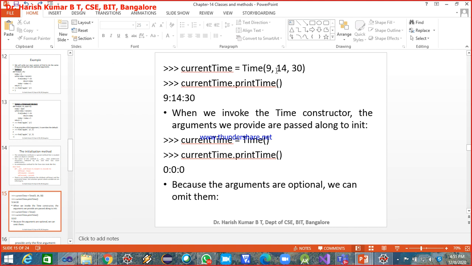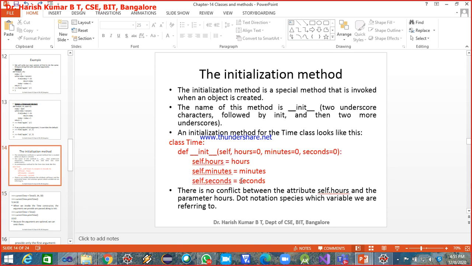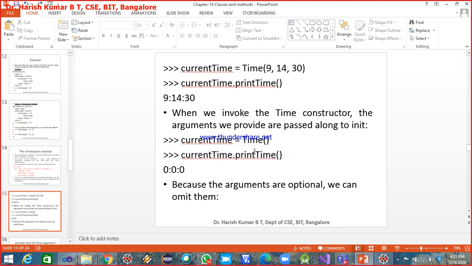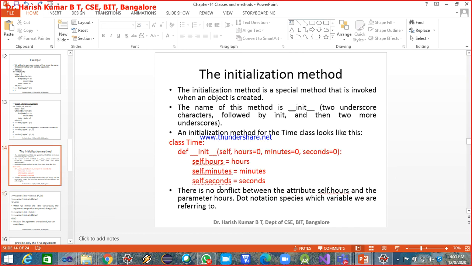That is what I want to initialize the hours, minutes and seconds attributes of my instance current time. Now when I create an object like this, it implicitly makes a call to this initialization method, and hours is 9, minutes is 14 and seconds is 30. It gets initialized. Hope you people understood?